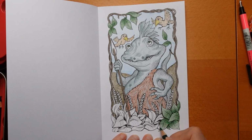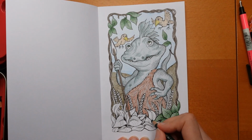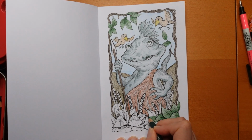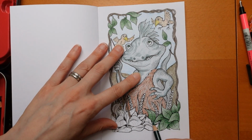I'm trying to do a variety of pictures. As much as I like finishing a book and being able to show you a flip through, it can be fun to do pictures from a variety of books too, just to make it more interesting when I do my flip through, my monthly, what I coloured during the month. So I think if everything comes from the same book, you can go, ooh. So I try and mix it around a bit for you, and it also keeps it more fun for me, of course, having lots of different